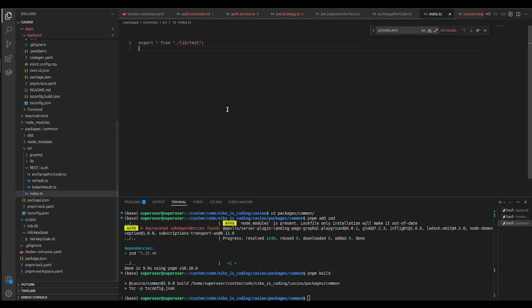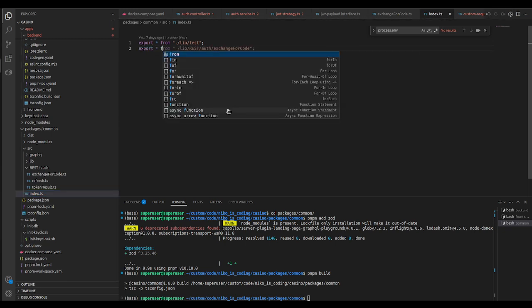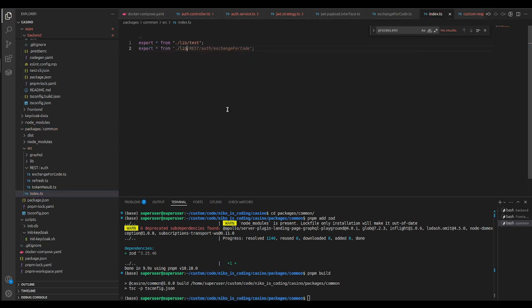Because here in the index file we have not exported it, so we have to export everything from the roles and export everything from the interface, export everything from the rest slash auth slash this, and we're just gonna,